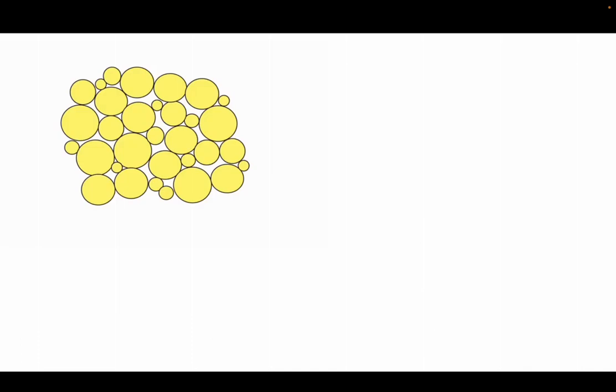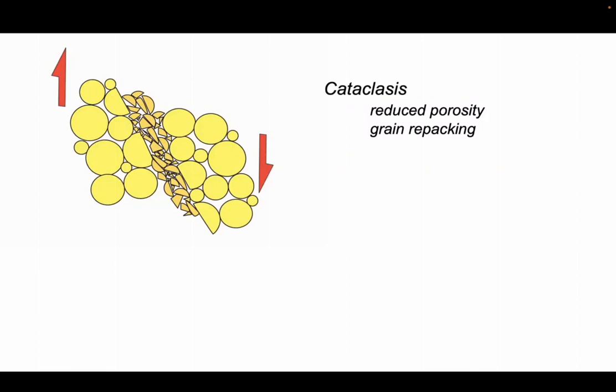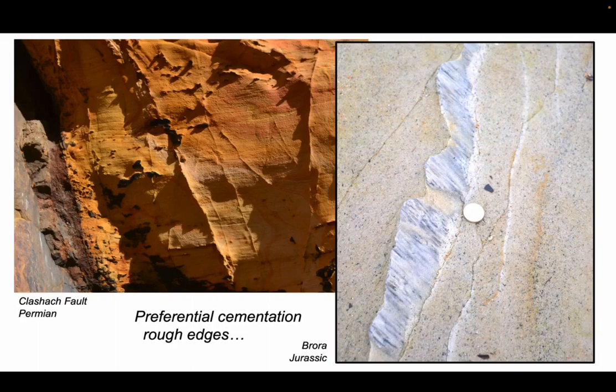Well, in more deeply buried situations, cataclasis occurs, where the grains, rather than just simply disaggregate, break. This reduces grain size, reduces the sorting of the original rock, and with grain repacking effectively reduces the porosity within our small fault zone. There's an additional component to this, which is that these zones of microfaulting, they're called deformation